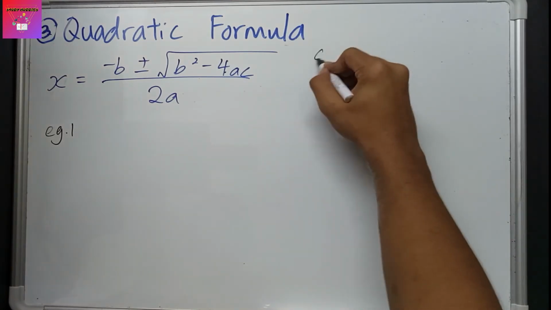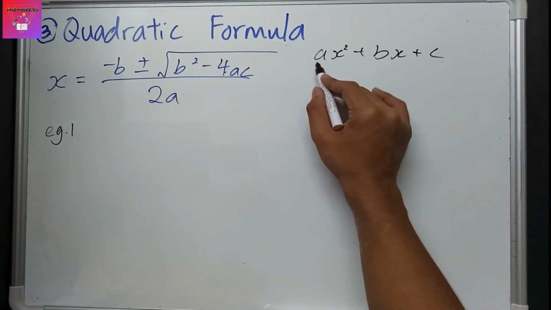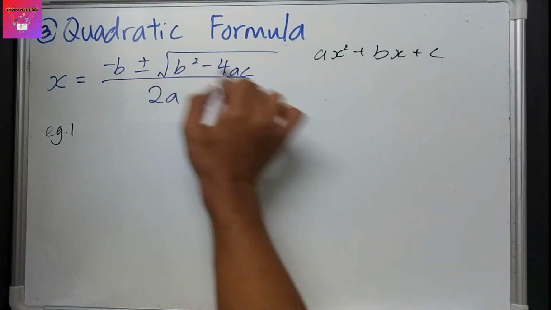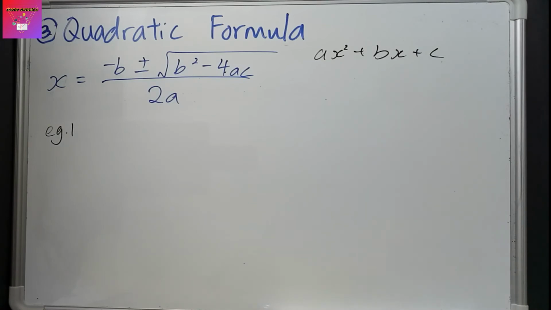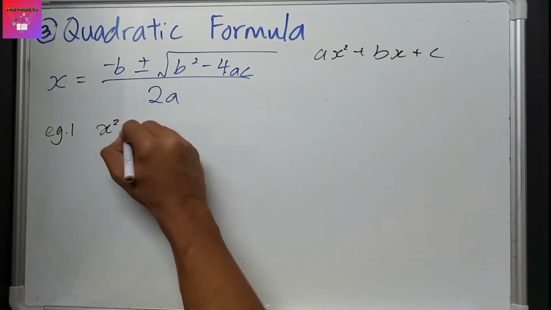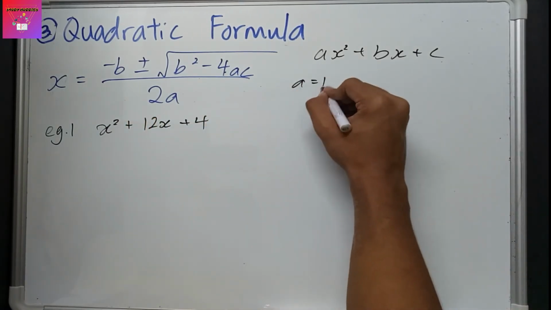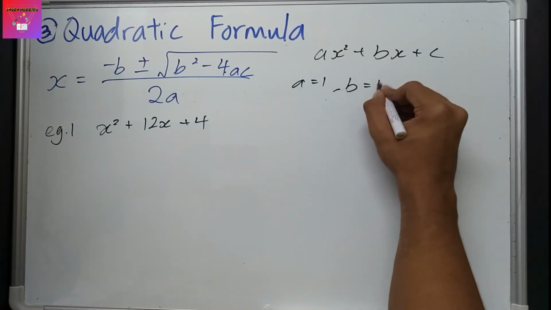It's very simple. Let's say we have an equation of ax squared plus bx plus c. We just substitute the values of a, b and c into this quadratic formula. So let's look at an example. Let's say we have x squared plus 12x plus 4. So from this we know that a is equal to 1, b is equal to 12 and c